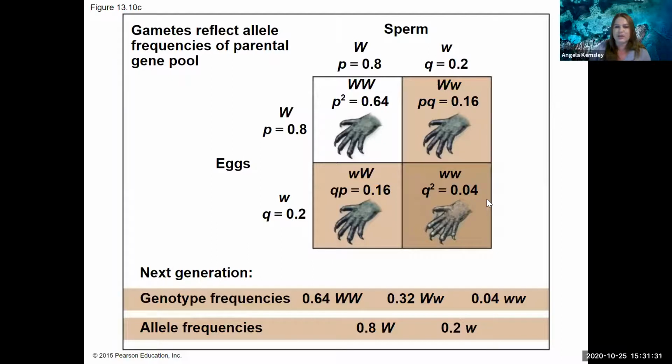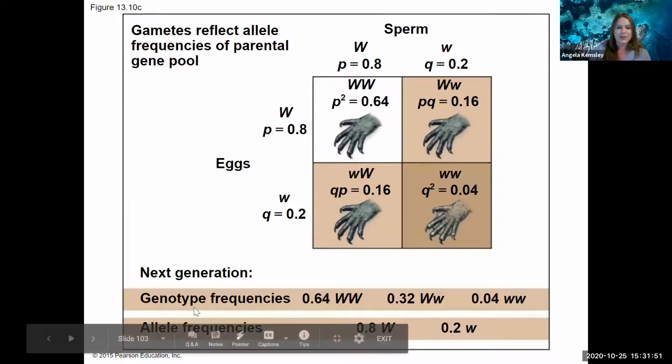So this is where our equation is coming from, right? If you're getting a big W and a big W from both your parents, that equals p squared because you're multiplying them. This is the 2pq part here because there'll be two that have a p and a q. And then this is where q squared comes from because there'll be one square here that has little w. So we've got our genotype frequencies, and we've got our allele frequencies in the next generation. Notice they're the same, right? Our frequencies have not changed when we go to the next generation.